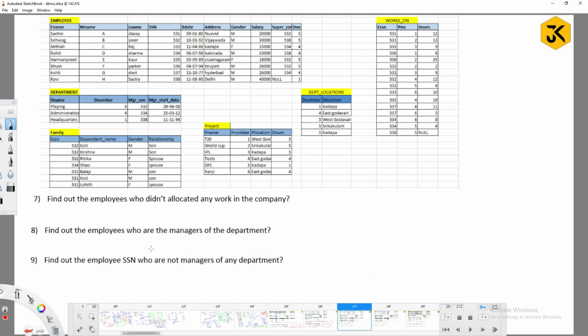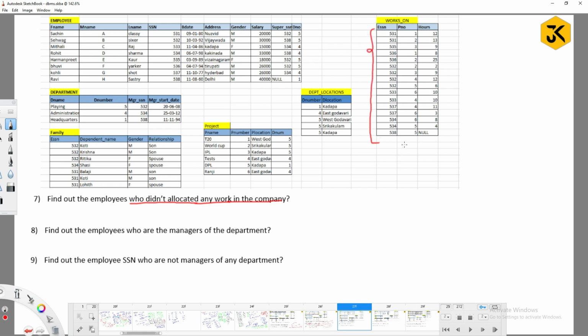Next one, find out the employees who didn't get allocated any work in the company. How are we going to get this data first? In the works on relation, if you observe, there is an employee SSN.